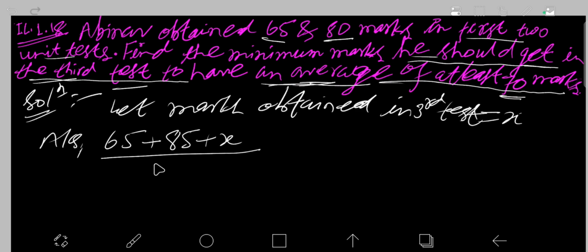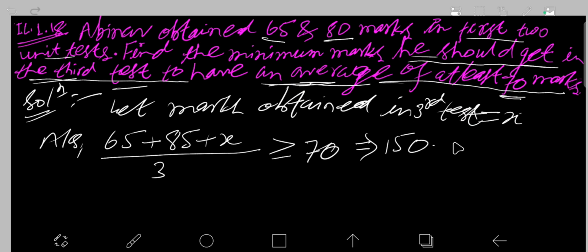The average is the sum of the marks divided by the total number of tests. At least means this is the minimum marks. When we solve this inequality,